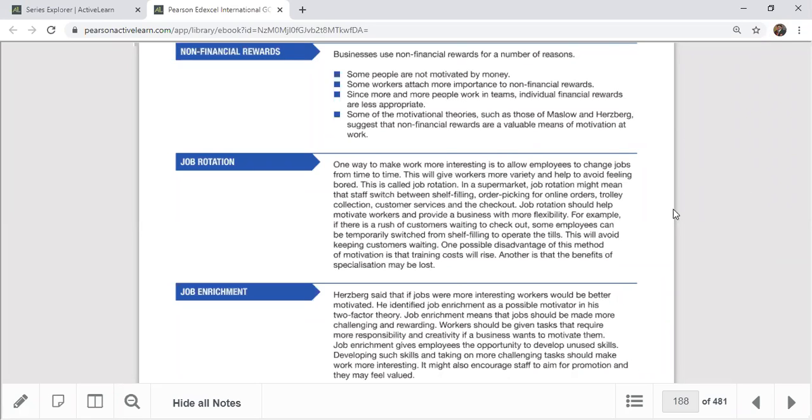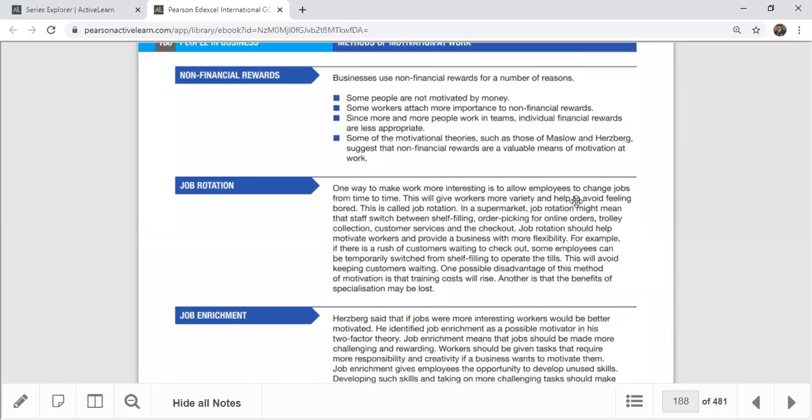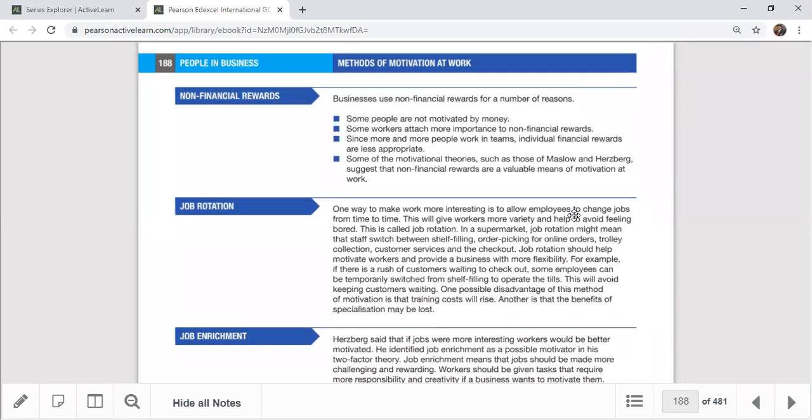I'll give some kind of introduction today, and in my next session I'm going to talk about the non-financial methods more descriptively. So here we're talking about why non-financials are important. Non-financial motivation rewards are really important for a number of reasons, because some workers are not motivated by money. It's very rare, but some workers, like 5% of the staff, sometimes 1% of the staff, are not motivated by money. They need some other thing: some responsibility, motivation, promotion, right?